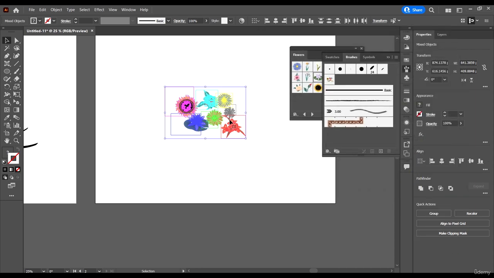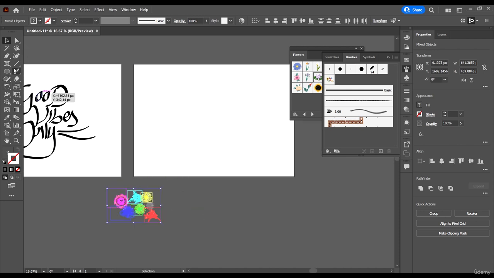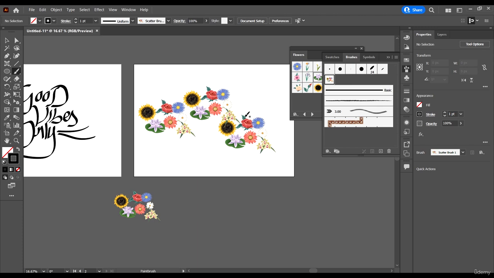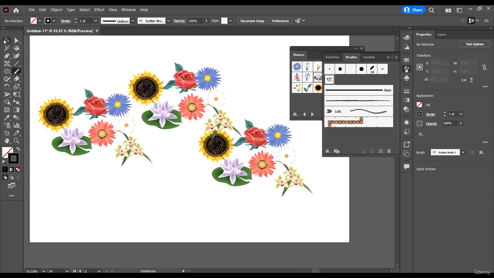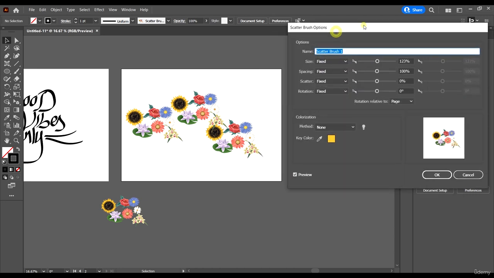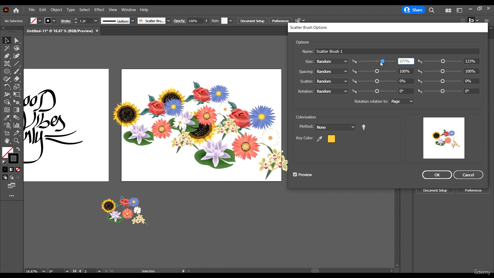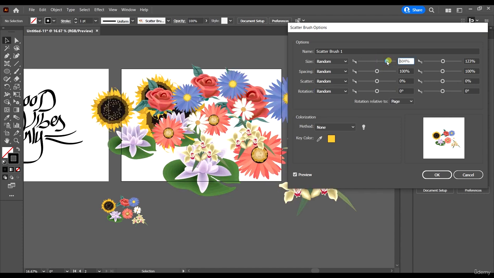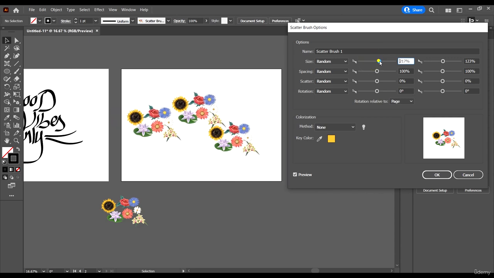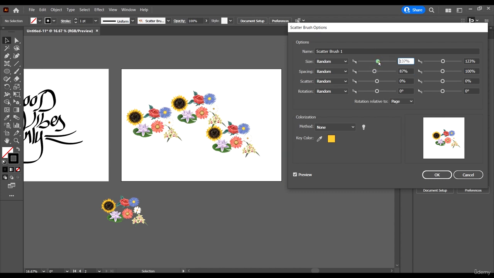So that's okay. Now we have created our brush, so let's just shift these guys here and use the brush tool to draw out on the artboard. Now what we can then do is double click on the scatter brush and make some changes and see how they affect our drawing here. When we change the size, we can see that the sizes increase. And then for spacing, I think we should just keep the size as default,